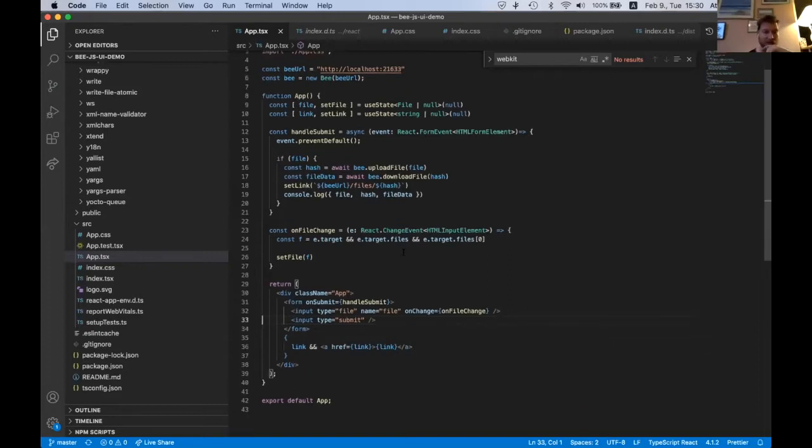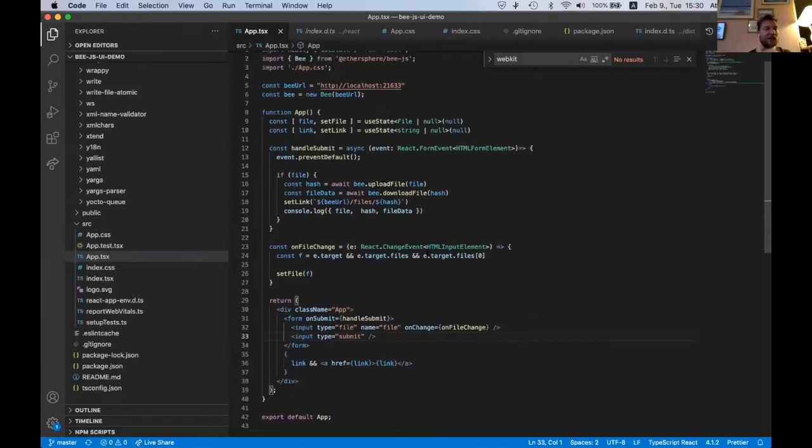We will look at the source code. So this is a very basic one file React application. You can see it's a div, it's a form inside, there is an input field and an input button. And what we do here basically is that we select one file with this file picker. Once we selected the file, then we set it in the React state. And then when you press the submit button, then the handle submit is called, and then it gets this file,